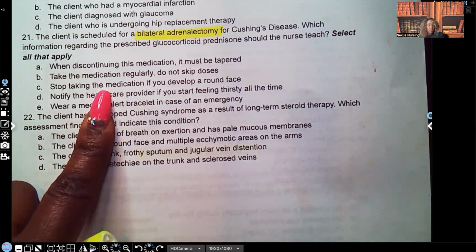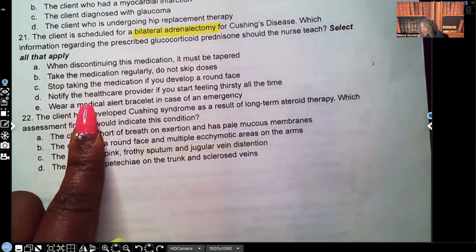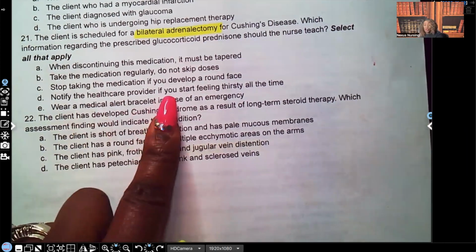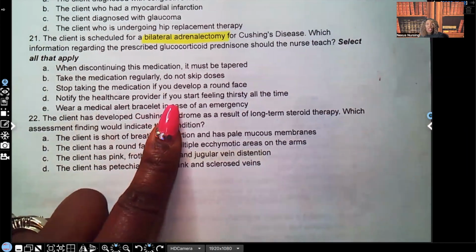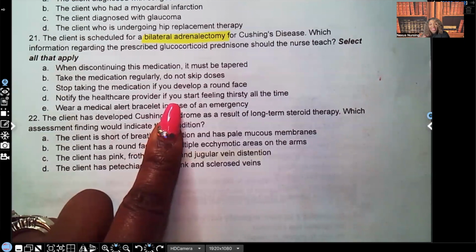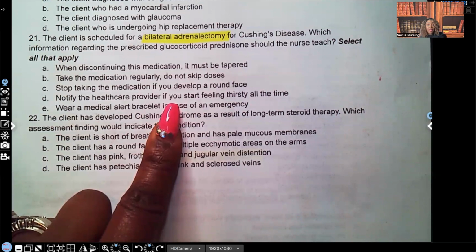So that's false. What about D? Notify your healthcare provider if you start to be thirsty all the time. True. What is one of the things I just told you that the patient may develop? Hyperglycemia. So they may start getting those signs and symptoms of hyperglycemia, such as increased thirst, polyuria, polyphagia, polydipsia,